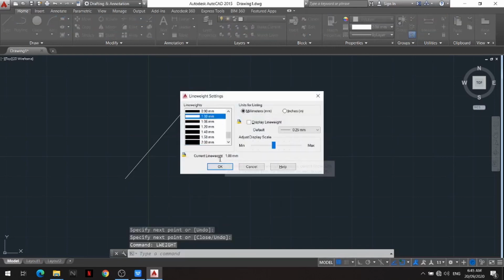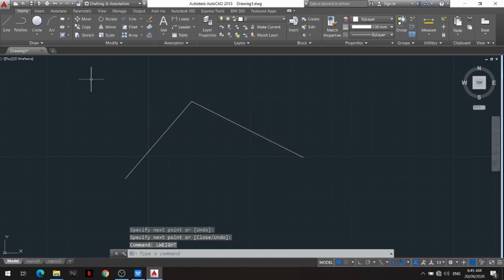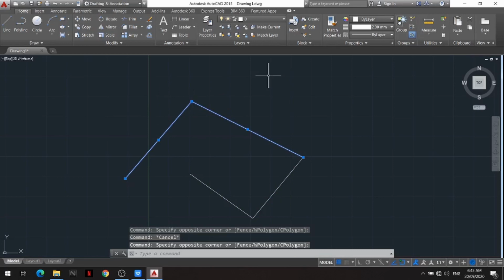Try to use 1 mm. This one. Use the line command again. This line, and this line will be 1 mm. Enter. So this line is 1 millimeter thick, and these lines are 2 millimeters thick, but it does not show